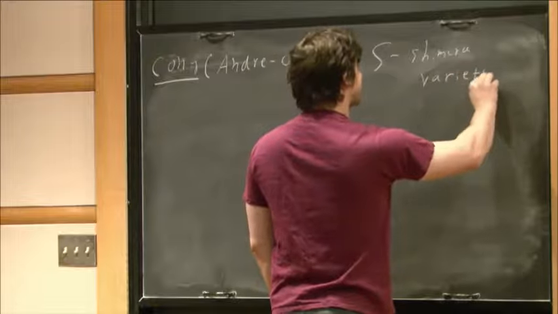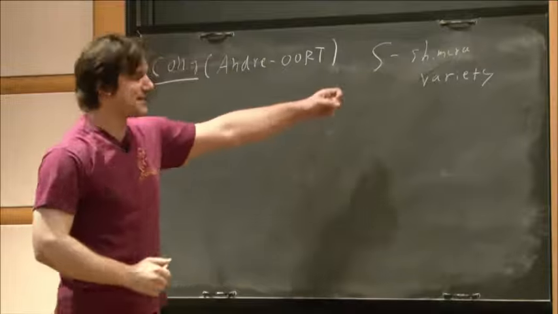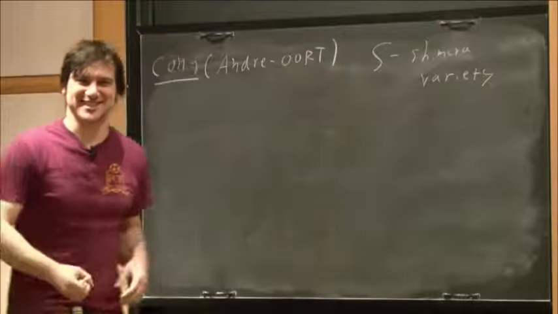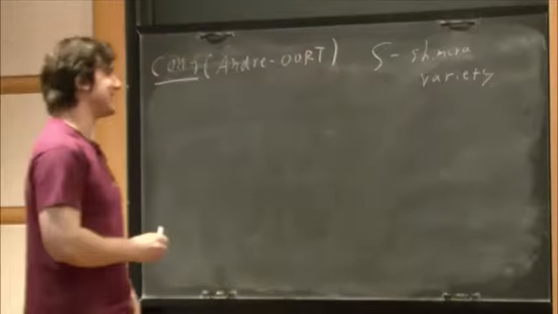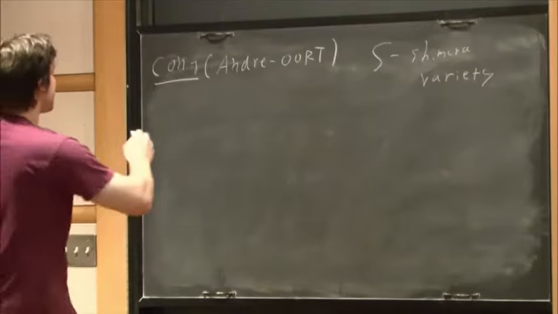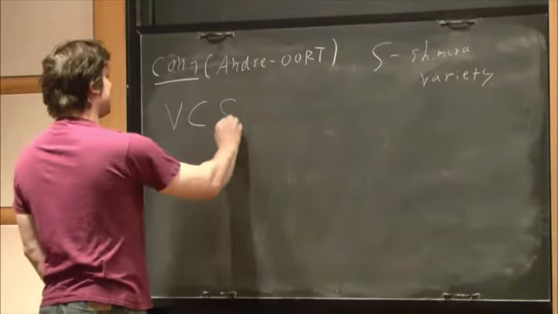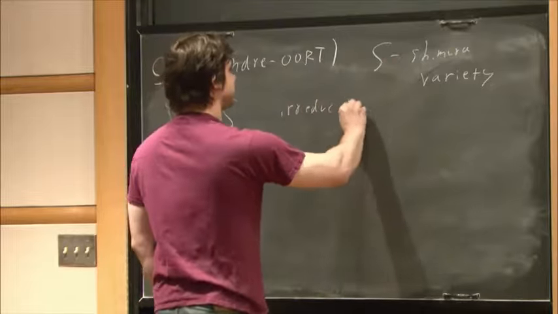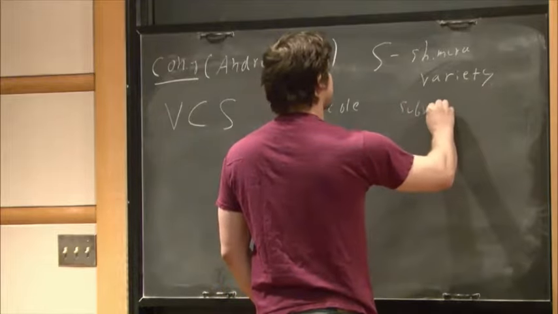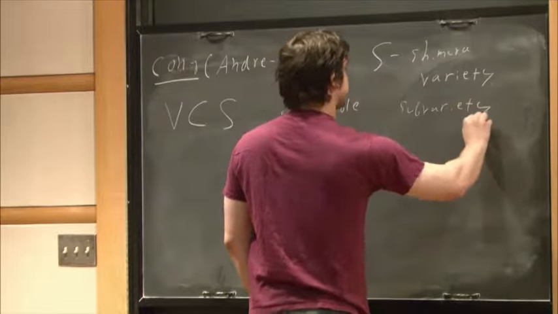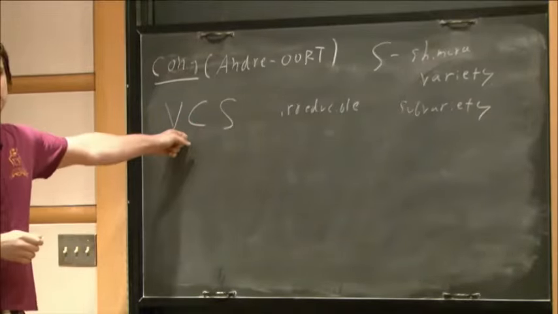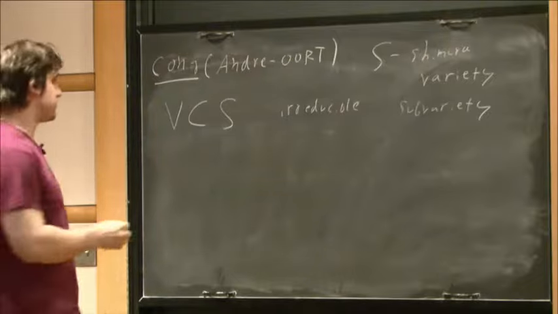Actually, last time I gave this talk, somebody asked me what I mean by this. And I mean an actual variety, not an inverse limit of level things. So an actual Shimura variety, like the modular curve or something. And V in S, an irreducible subvariety. And suppose that V has a Zariski dense set of CM points, so of special points.